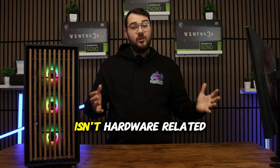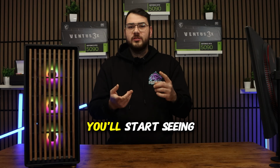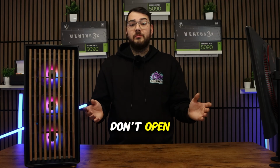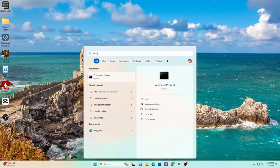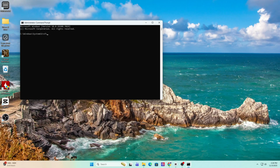Sometimes the slowdown isn't hardware related, it's actually Windows itself. If files have become corrupt, you'll start seeing weird stutters, random crashes, or apps that just don't open. Here's a pretty easy fix to this. Click the Start menu and type in CMD. Right-click Command Prompt and run it as administrator. Then we're going to type in this command,